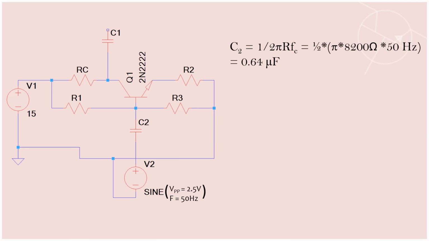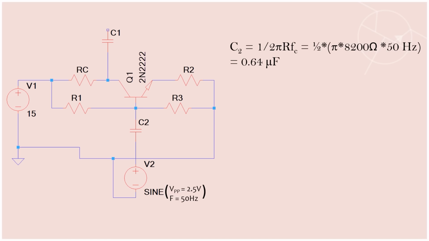Next, how do we find the value of our capacitors? We can use the formula 1 over 2 pi R FC, where FC is our crossover frequency, which is the margin between the frequencies we want to pass and the frequencies we want to block. So using C2 as an example, if we bring in our values, we have R to be 8.2 kilo ohms, and we have frequency to be 50 hertz. We have frequency to be 50 hertz because we don't want any frequency below 50 hertz to go through the